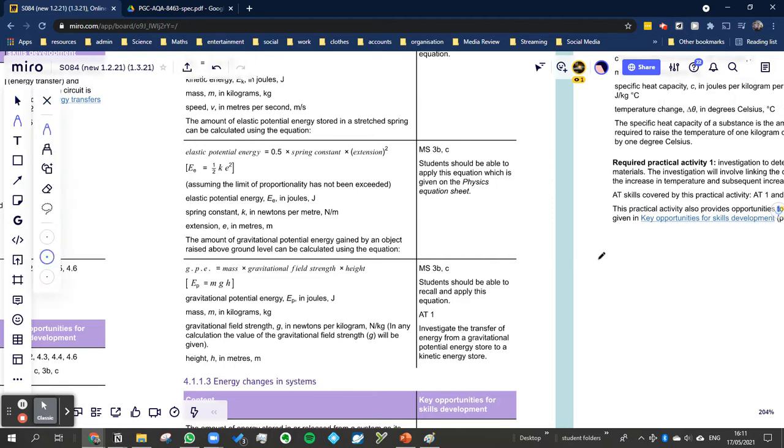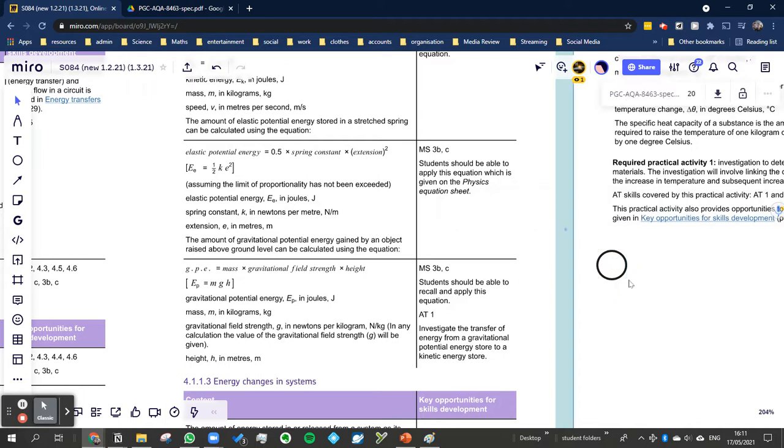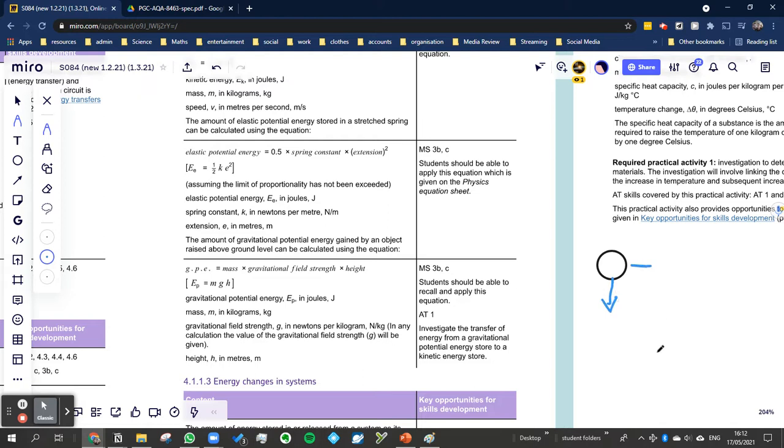I'll just draw a brief example. Let's imagine we had this ball here, and it was falling. So I'll draw an arrow going down. If you knew how high it was going to fall, so h is equal to, for example, 5 meters, and if we knew the mass was like 2 kilograms,